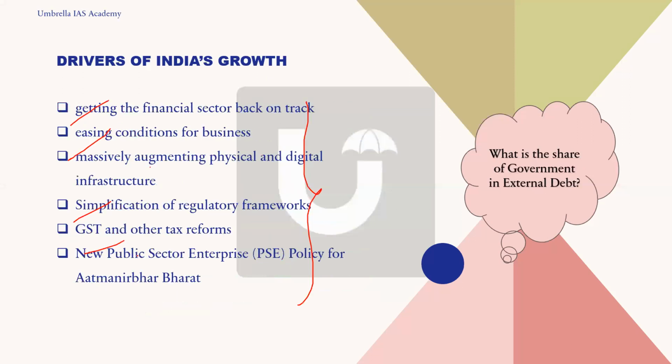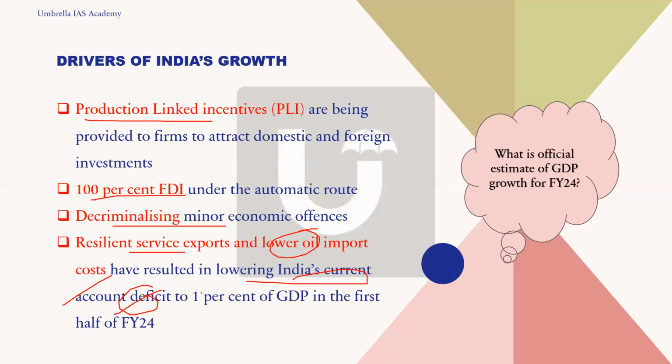And for drivers, you can say ease of doing business, the new public sector enterprise policy, or you can also talk about the national logistics policy. So try to answer in that way. One policy you can give, one scheme you can give. In that way, decide three or four things which you can always use when an answer is asked. One policy, one scheme,